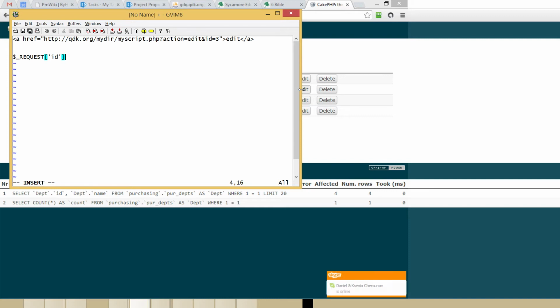If I wanted to know what the action is that's being requested, what would $_request brackets action give me? The action. The page. Look at my URL up there. Edit. It would give me the word edit. Okay? So if I did something like this,